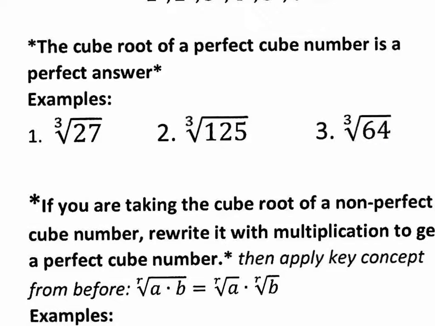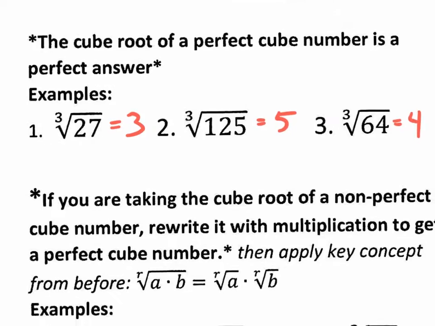Go for it. So the answer to number 1 is 3. Why? Because 3 times itself 3 times. 3 times 3 is 9, times 3 is 27. The answer to number 2 is 5, because 5 times 5 is 25, and 25 times 5 is 125. And the answer to number 3 is 4, because 4 times 4 is 16, and 16 times 4 takes you back to the 64. So cube roots, when you take the cube root of a perfect cube number, you get a